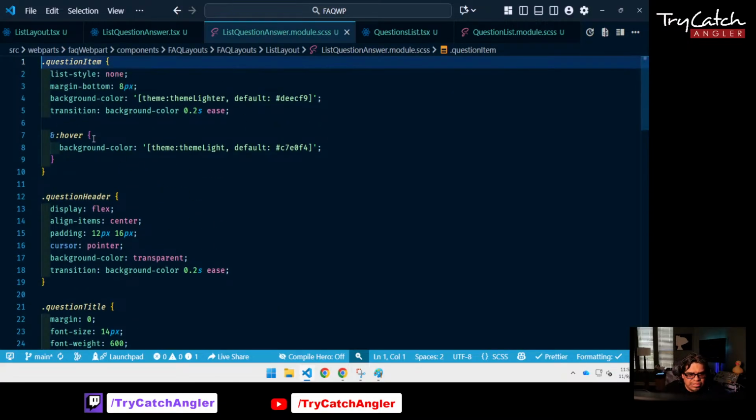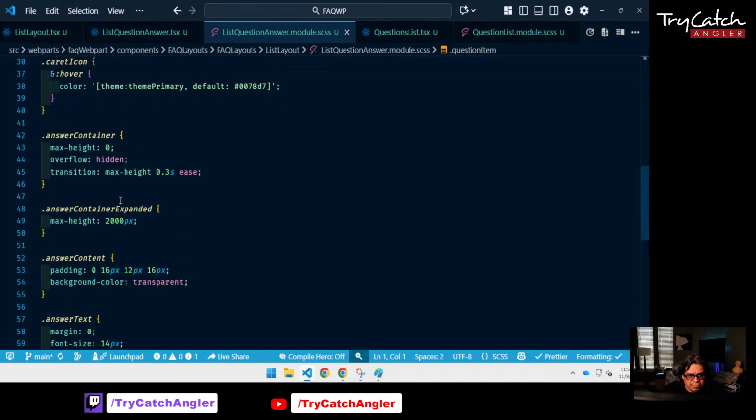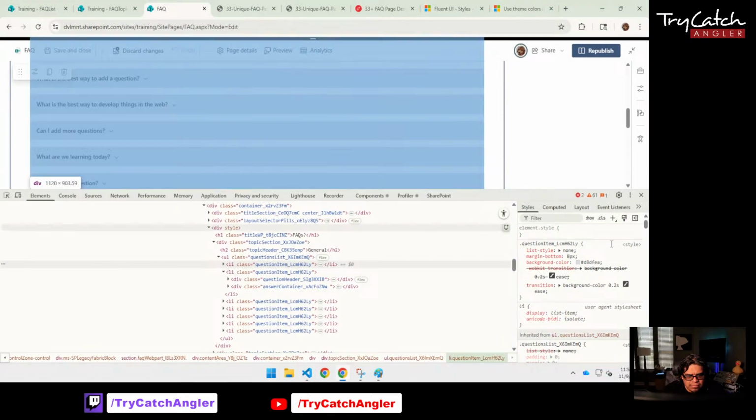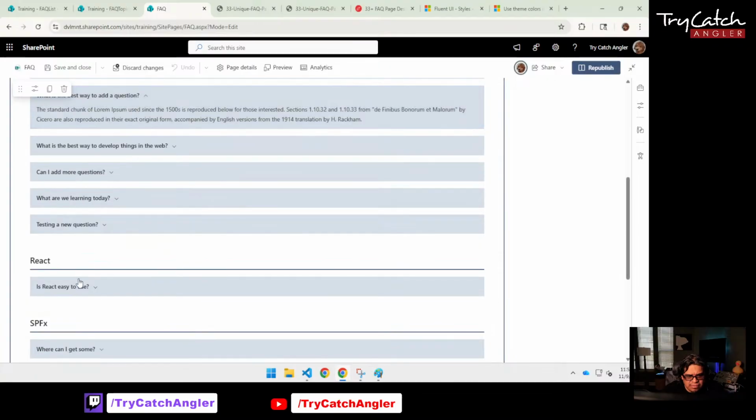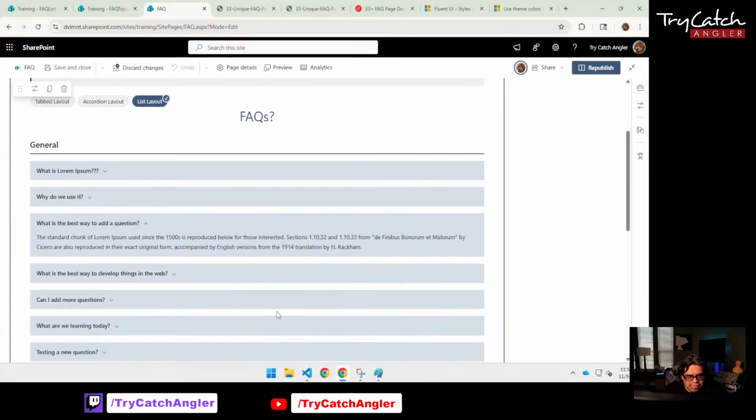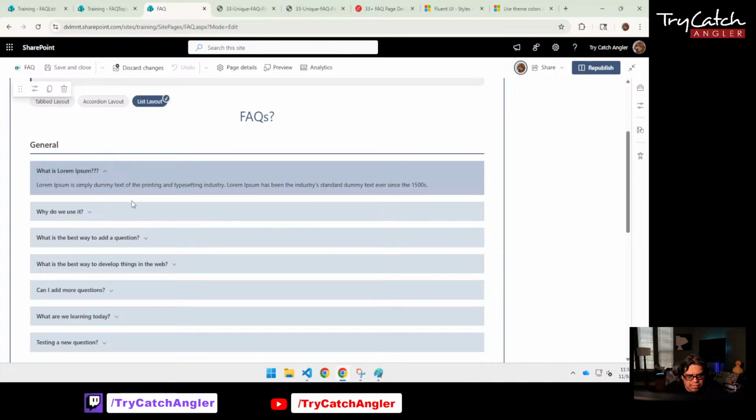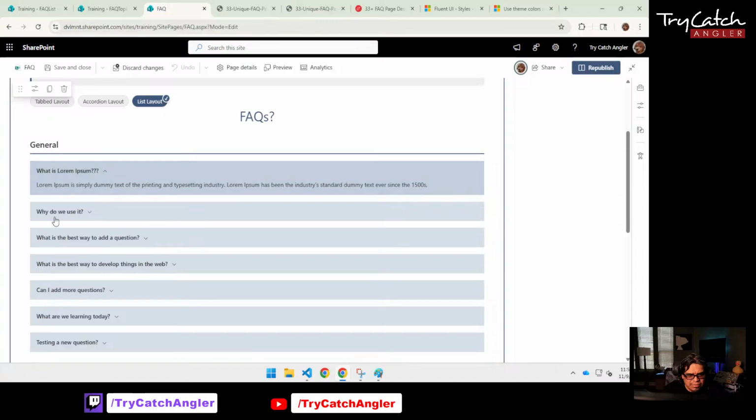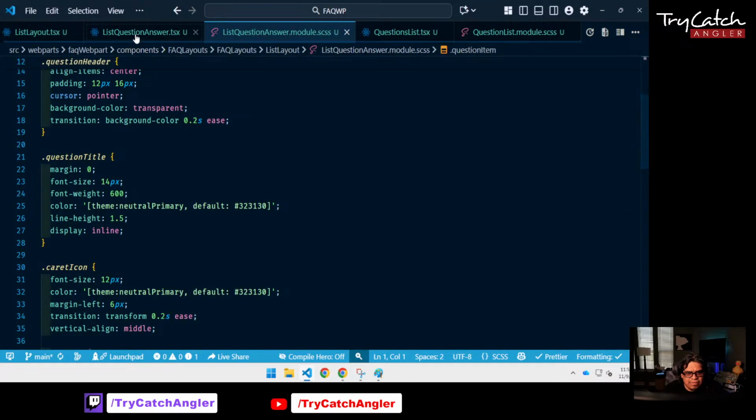So question item, background color. I think it has a color when it's selected. Should only have a color when it's selected. If they're not selected, then I just want to see the question. Yeah, it should only have a color if it's selected. So let's go look and see